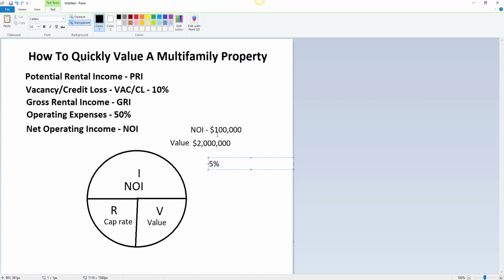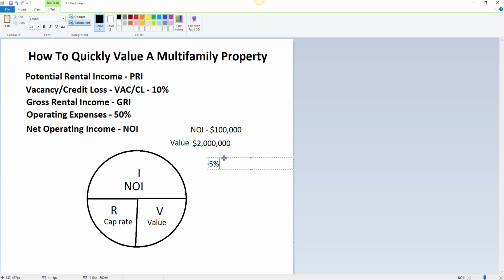All right, so we probably don't have a good value here. What this is going to tell you, we just did a real quick calculation. I'm probably not going to do any more calculations here, and I'm going to move on to the next property. And that's why we do this real quick valuation. Now, on the flip side of that, if you want to know how much you can put on the property, or how much your value would be to see if you're close and maybe can negotiate it down,